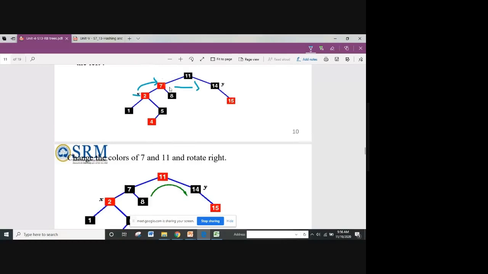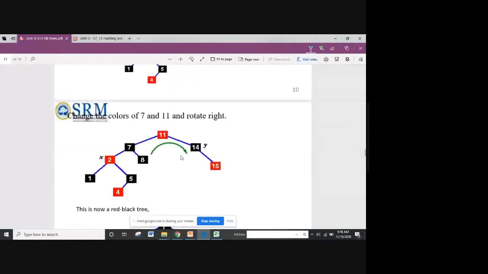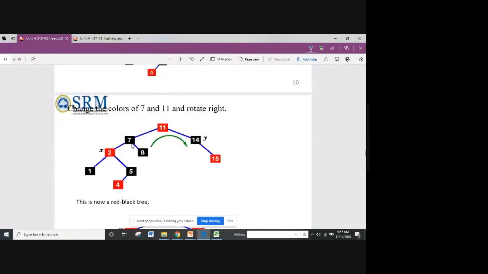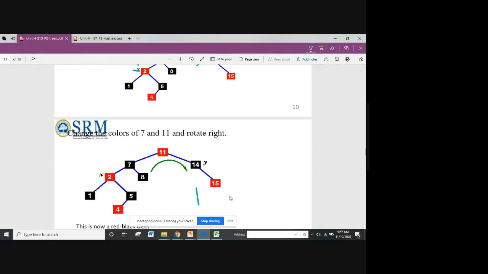Rotation can be done in any way. It's not that you have to rotate on one particular side. I have told you already, rotation is as per your choice. If the particular property is satisfied, you can stop with that. Here, since this side is having so many nodes, the rotation can be done on the right side, so that the tree will be balanced.